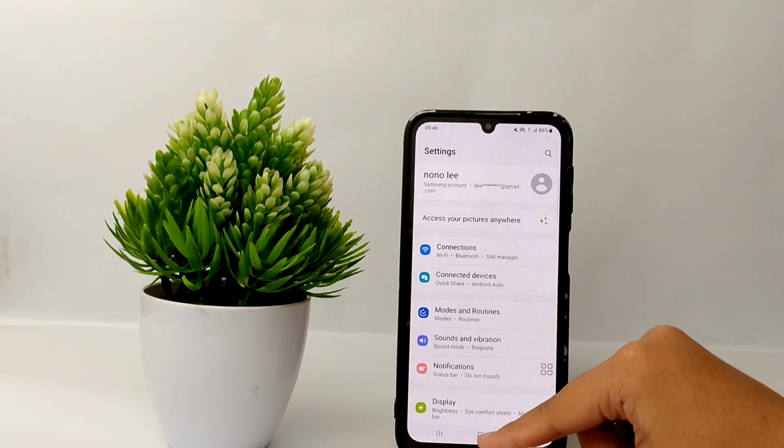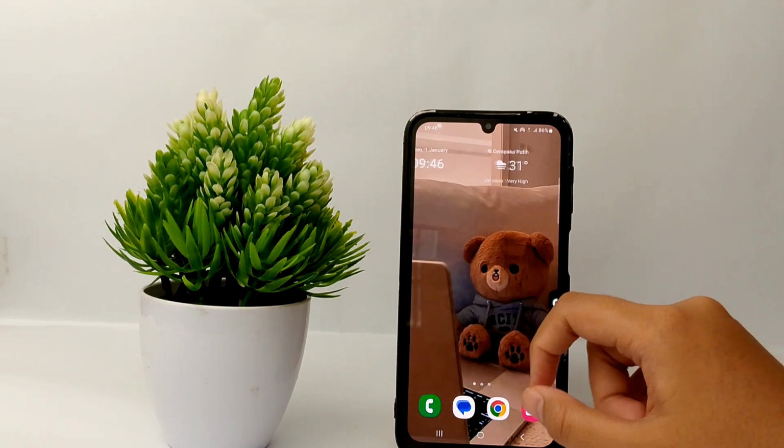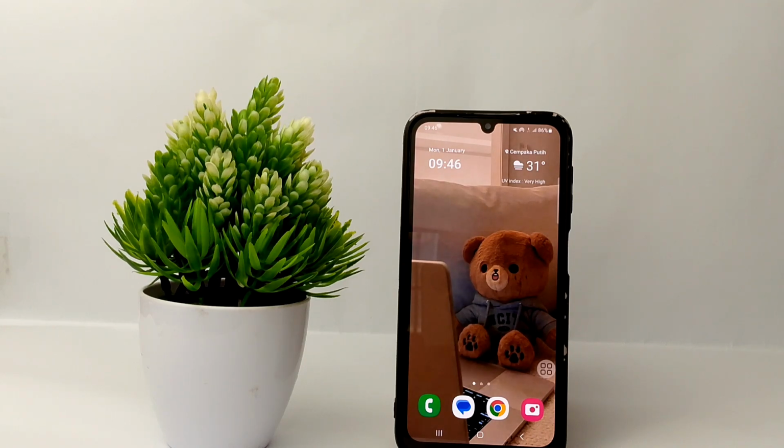Alright guys, so yeah, here's the tutorial on how to adjust font size on Samsung Galaxy A25, and then thank